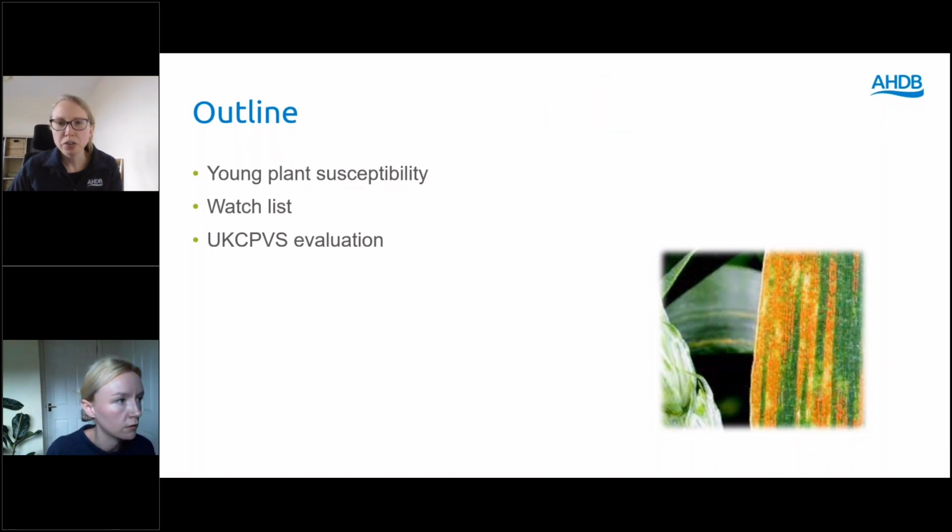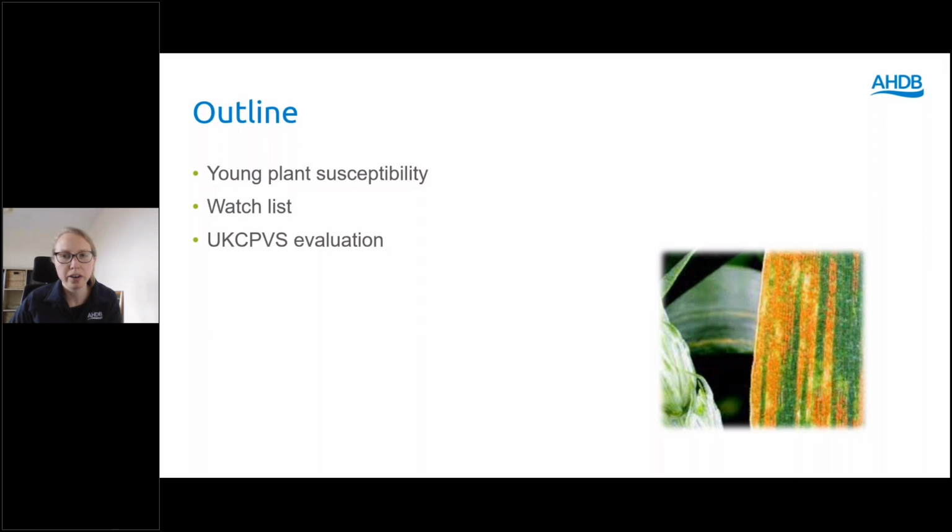So Charlotte's already mentioned how the UKCPVS provides isolates for RL inoculated trials, which feed into the disease ratings. But the UKCPVS can also help us understand anything unusual. So, for example, if previously resistant varieties are getting high levels of disease, we use that information to validate and inform the changes. For example, a few years ago, we decided to calculate the ratings just using 1 year of data, as it looked like there'd been a shift in the yellow rust population.